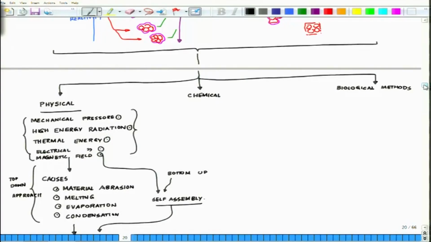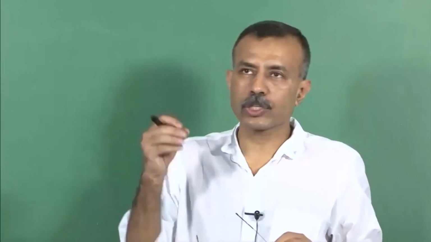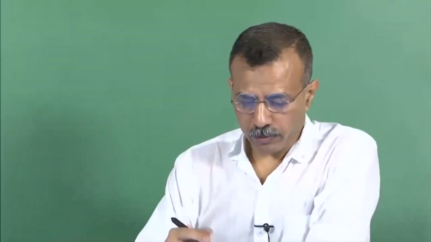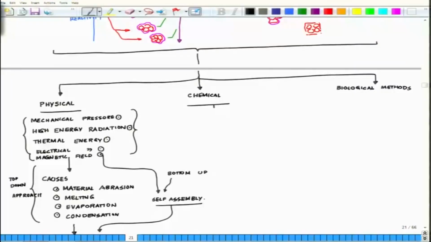Now let's move on to the different chemical approaches which are being used. Again, for the chemical approach, there could be two things: either you are using a bottom up approach or a top down approach. When we talk about the top down approach, we talk about etching. So you have a bulk material, say for example. Again, the two options you have, either